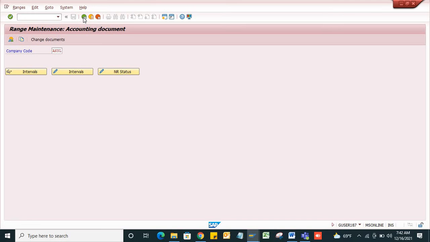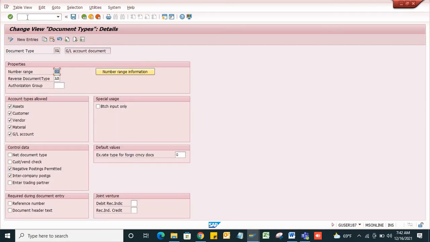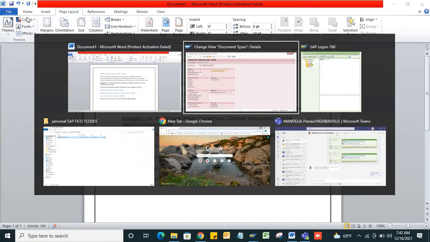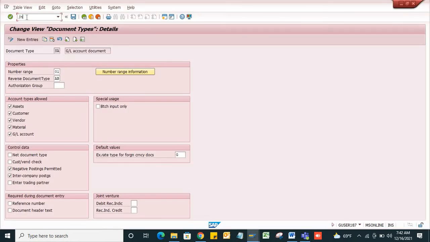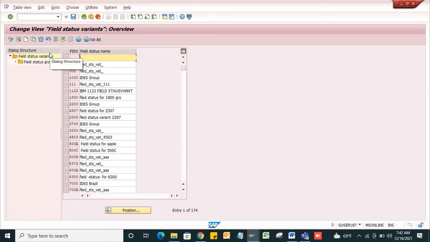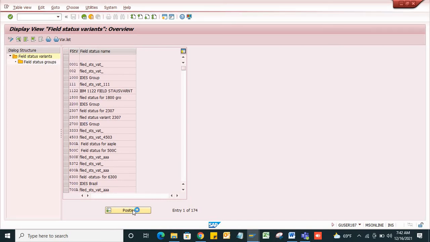So next, what we need to do is create a field status variant, which we create in transaction code OBC4. I'll locate my field status variant.